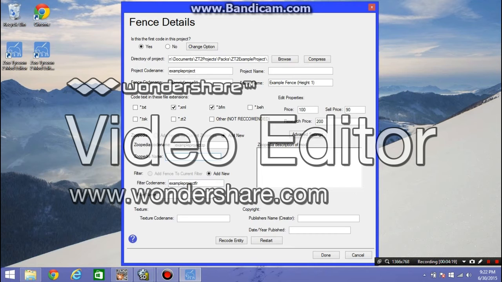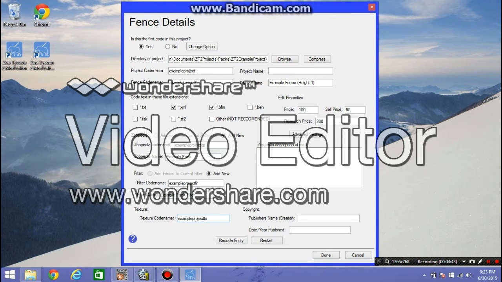Oops, let me fix that. So example pack filter, and then I'm gonna do the code name for the texture, which will be TX for texture, and that. And then I'm gonna put in my publisher's name, which is LC Creations,